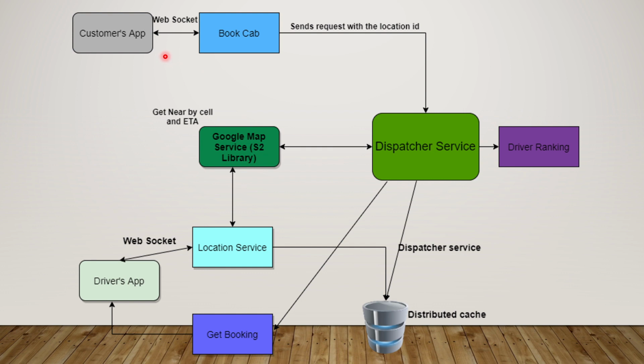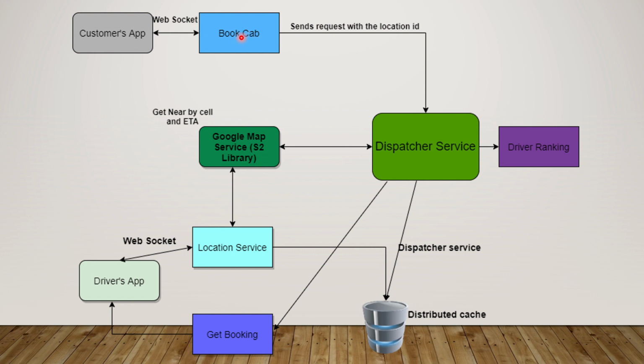Now I'm not going into detail of the WebSocket and how a distributed set of WebSockets will be managed using a WebSocket manager and all those things. But there will be a component involved here so that you can distribute this also. We'll discuss it slightly in the next slide maybe, but I'll not go into detail of that. The focus will always be on the cab booking service. So you have the WebSocket connection here and the API says that you book a cab.